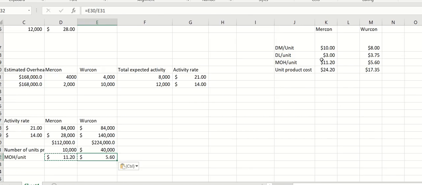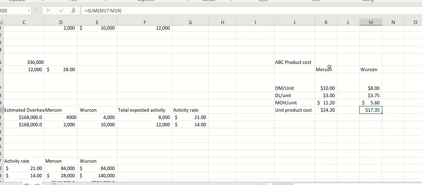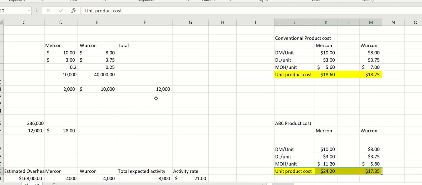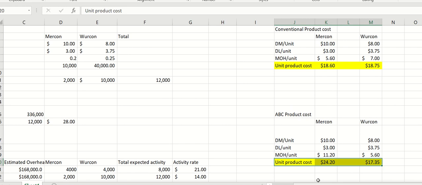And then I'm referring, so same exact as before. Direct materials and direct labor are exactly the same, but now we're just allocating manufacturing overhead differently. I've just referred over here to bring it over. Sorry, this one is this one, and this one is that one. So I brought in my manufacturing overhead, and now my product costs have changed a little bit. So before they seemed about even, but now the Mercon has a much larger unit product cost than the Workon,